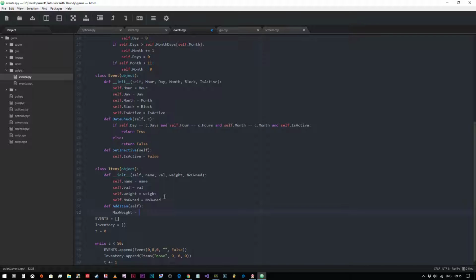And let's say the max weight is 50, like so. So now we're going to say that if, we need to make a loop actually, silly me, for Q in inventory. Oh, good Lord, finger trouble today. For Q in inventory,